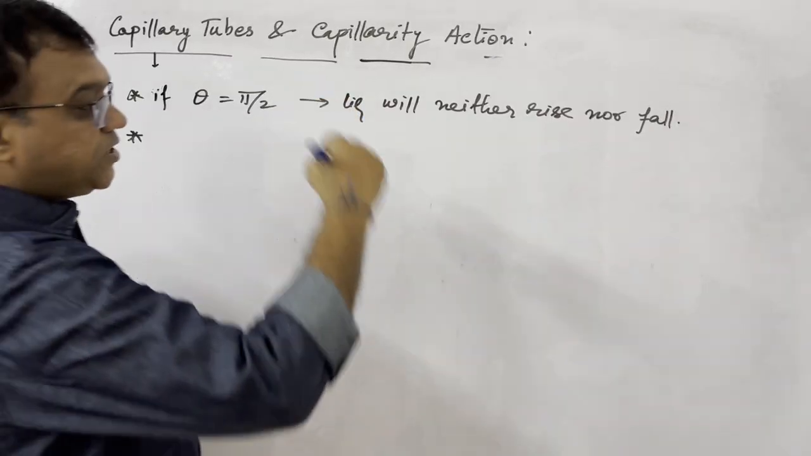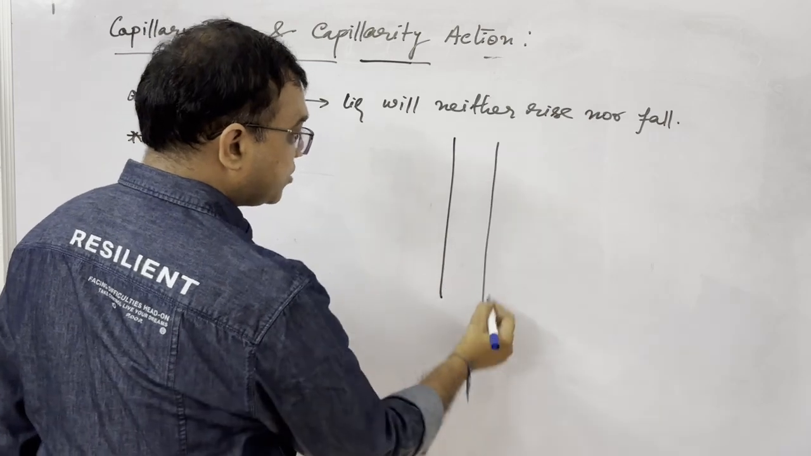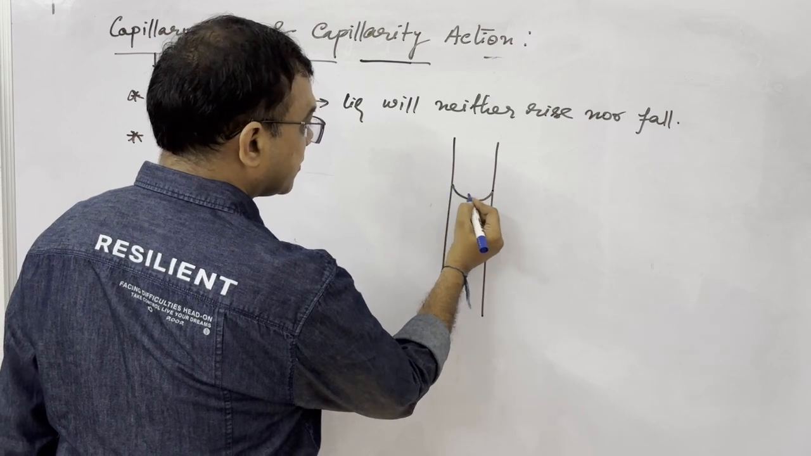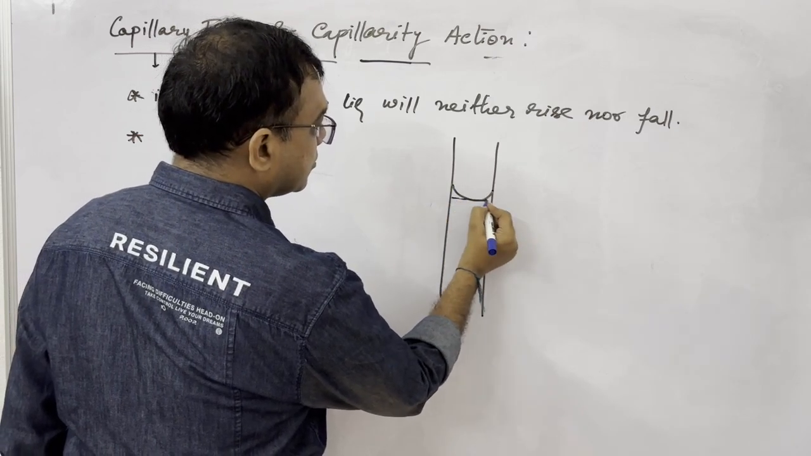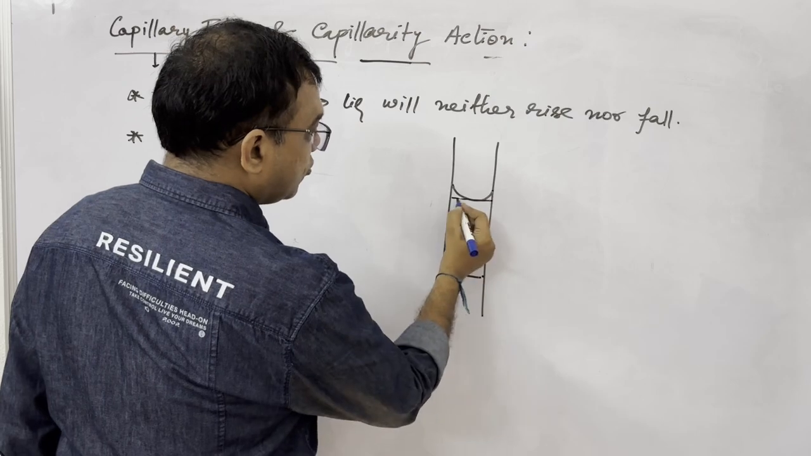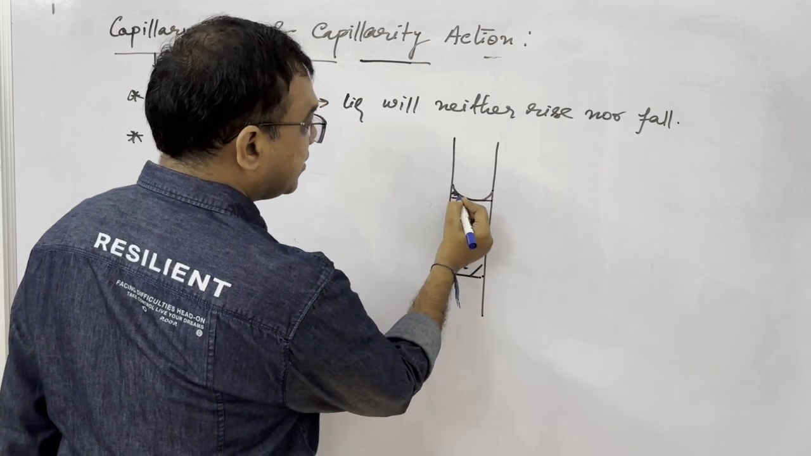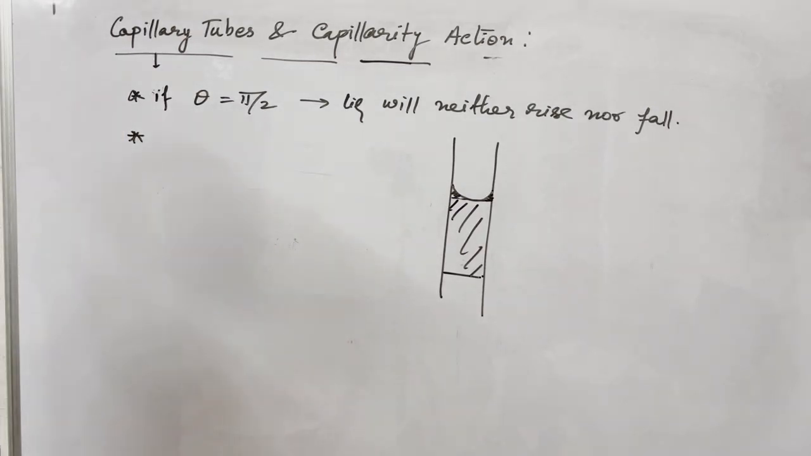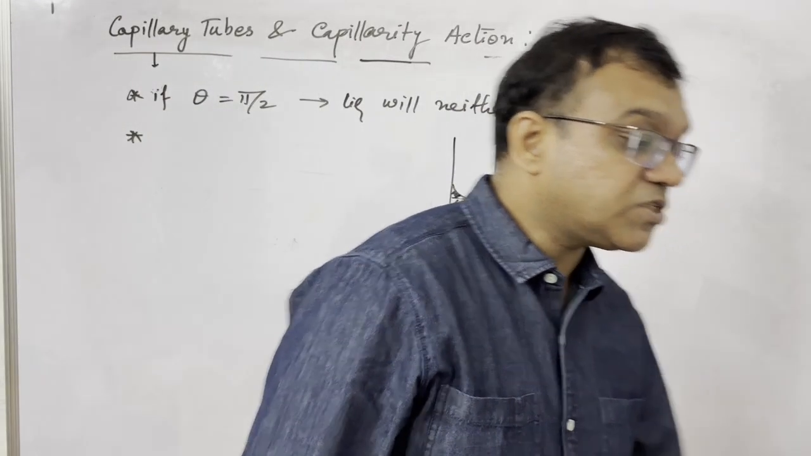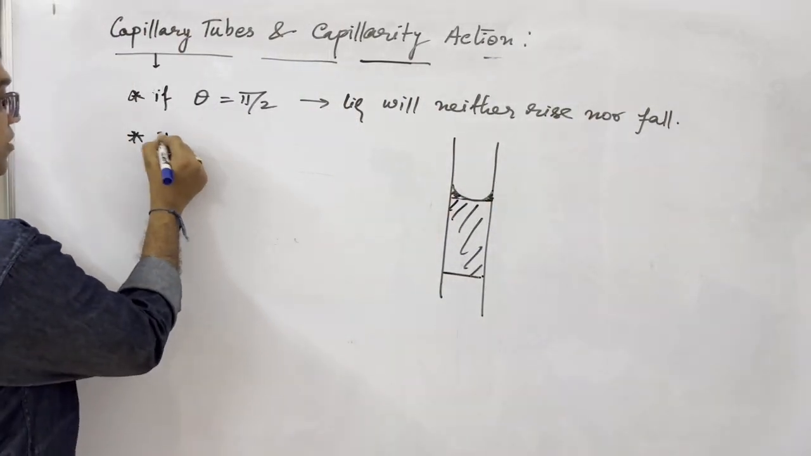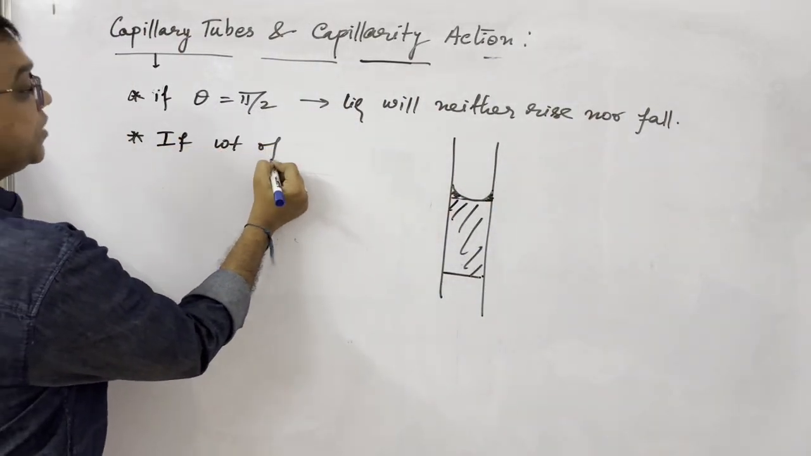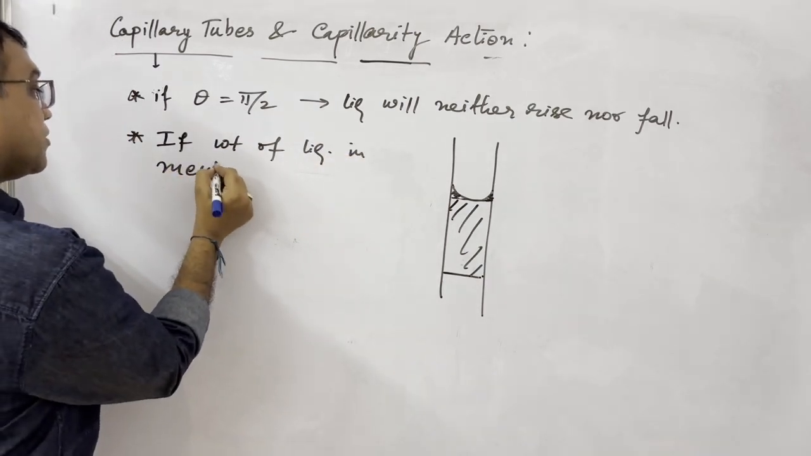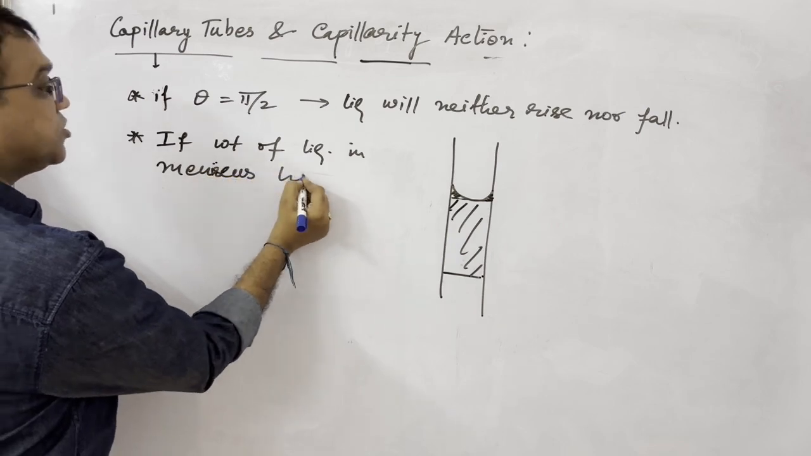Now, up till now, we have ignored the liquid contained in the meniscus. We have written only the weight of this part. We have neglected the weight of the liquid contained in the meniscus. If the weight of the liquid in the meniscus also has to be considered,